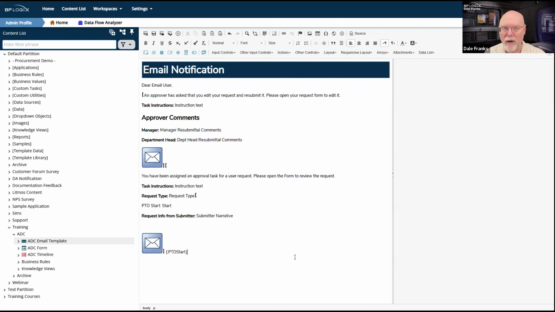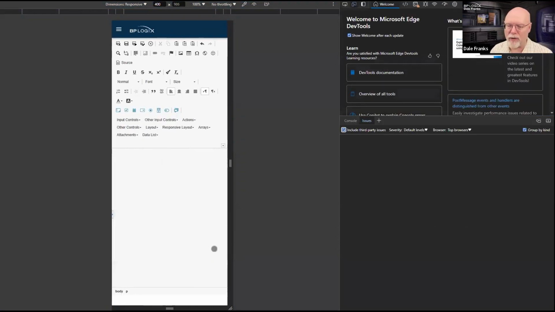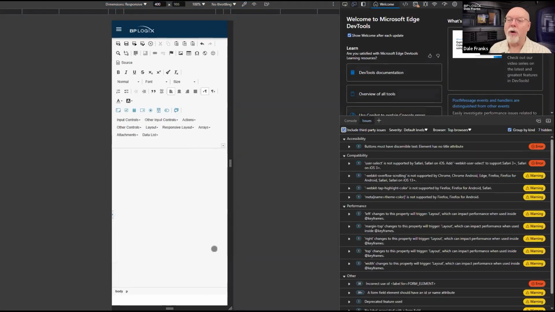When the email gets sent, Process Director will know that it is a system variable. It will parse it properly. I put them into system variable controls so that I can just go in and click on them and change them. It is a little more inconvenient to do. Technically, you don't need to do it. You can just put the text in as is. That's entirely up to you. I like to use the system variable control. So good Lord, what have I done?